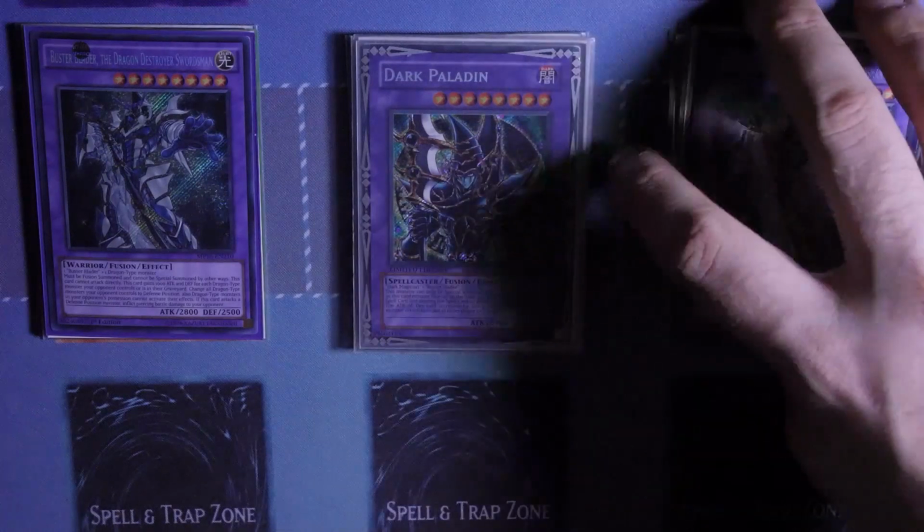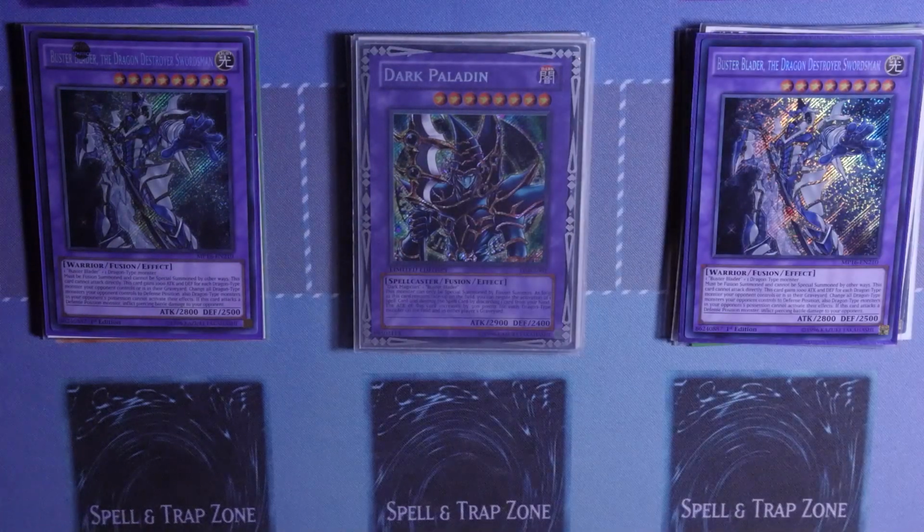And then the Buster Blader Destruction Swordsman. So must be fusion summoned and cannot be special summoned by other ways. This card cannot attack directly, sad days. This card gains 1,000 attack and defense for each dragon type monster your opponent controls or is in their graveyard. Change all dragon type monsters your opponent controls to defense position. Also, dragon type monsters your opponent's in possession cannot activate their effects. If this card attacks a defense position monster, inflict